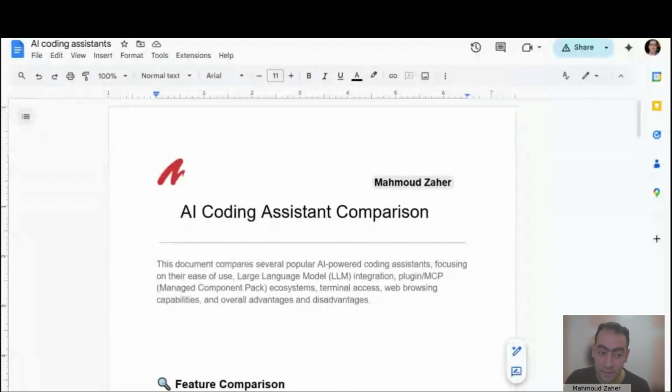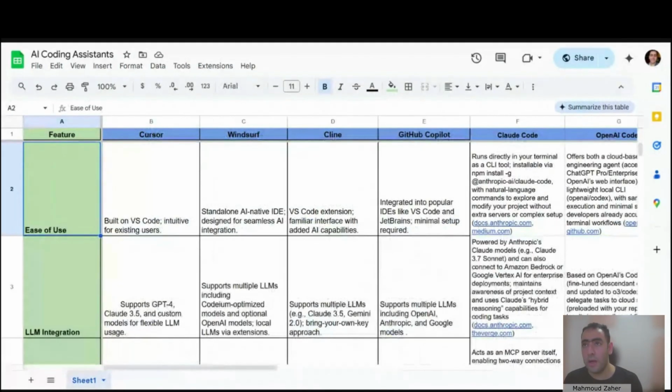I'm going to talk about AI code assistants, and there are actually a lot of options available. Why do we focus on that? Because everyone right now wants to use vibe coding and wants to find the best tool for that. We have Cursor, Windsurf, Cline, and GitHub Copilot. We also have Claude, OpenAI Codex, Gemini Code Assist, and DeepSeek Coder. I just want to do a fast comparison between the different competitors and what I think is the best